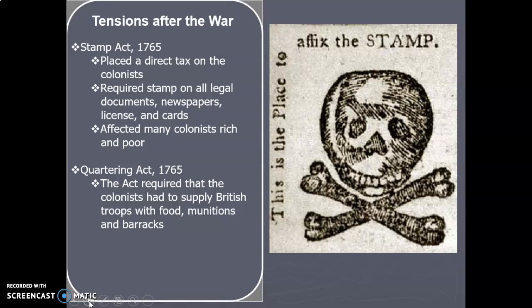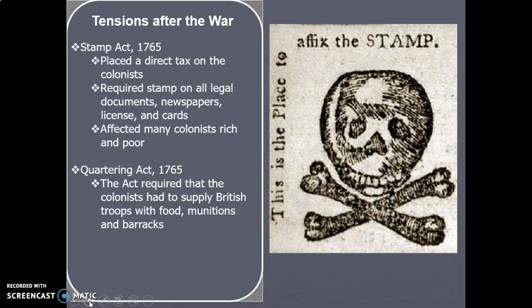The Sugar Act only affected merchants. The Stamp Act affects everybody. The Quartering Act is passed in 1765, and this required colonists to supply British troops with food, goods, munitions, and barracks. In other words, the British troops can live in your house, and you had to supply them with